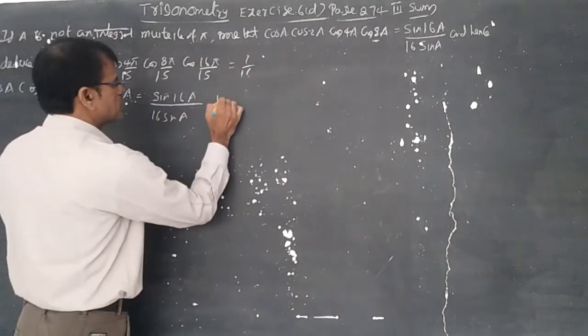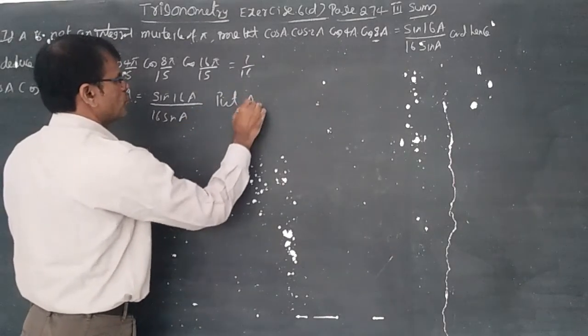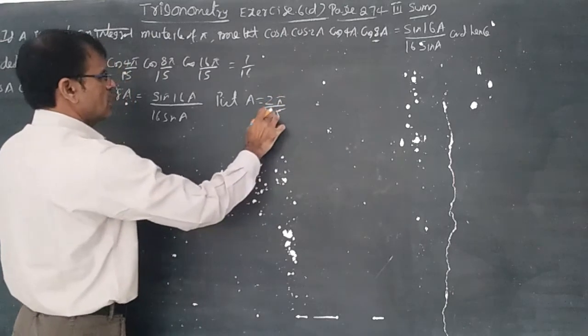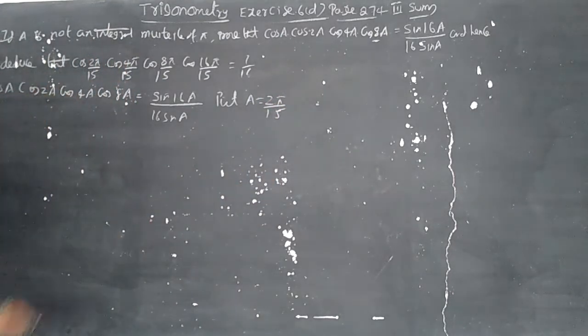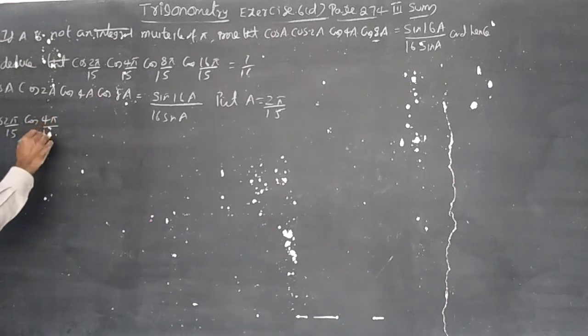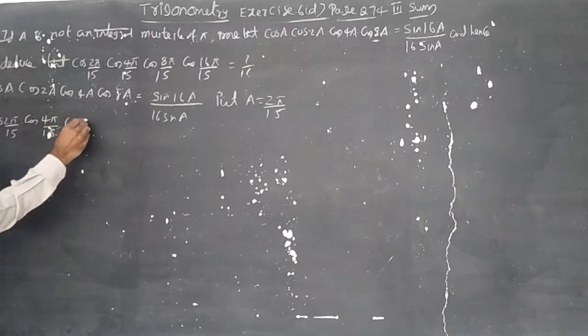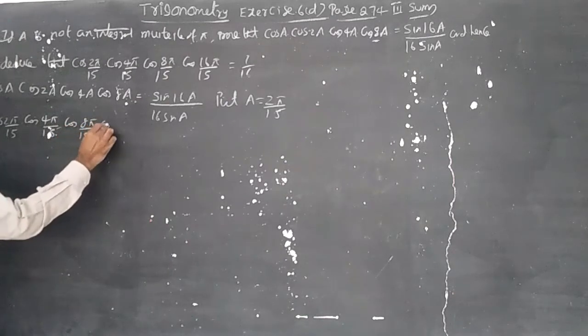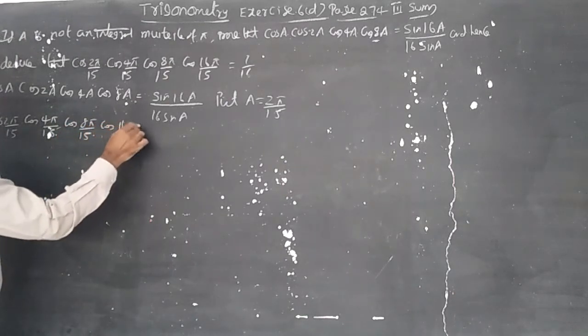So put A equal to 2 pi by 15 and write like this: cos 2 pi by 15 into cos 4 pi by 15 into cos 8 pi by 15 into cos 16 pi by 15